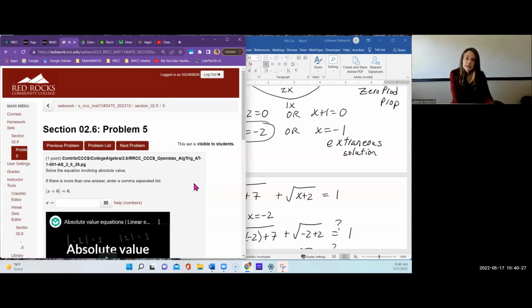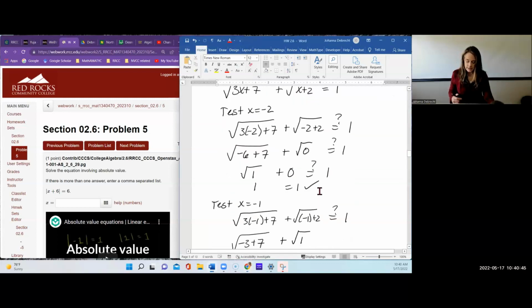Let's take a look now at different types of problems, which are absolute value problems. Absolute values come up in all kinds of applications because they're talking about the distance of something from something else. That's the way that we're going to interpret the absolute value, as a distance. Let's look at the basics, starting with